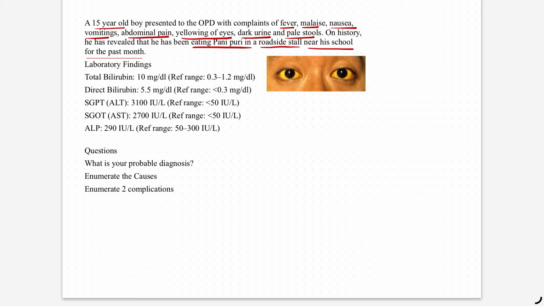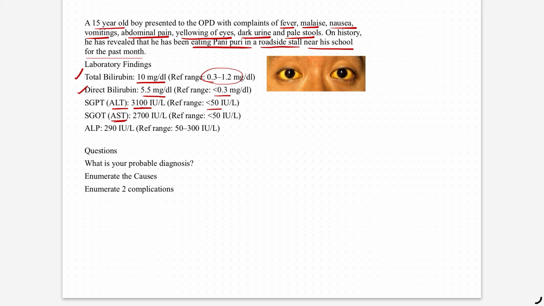Lab findings show total bilirubin 10 mg per deciliter. Normal should be between 0.3 to 1.2. Direct bilirubin 5.5 mg per deciliter. Normal range is below 0.3. And alanine transaminase, ALT or SGPT, is 3100, reference value is below 50, and AST